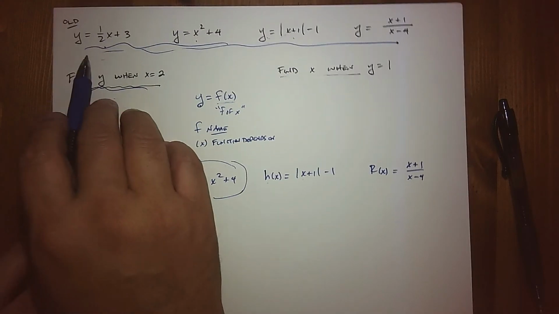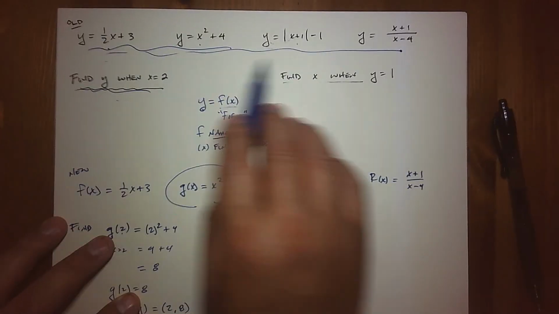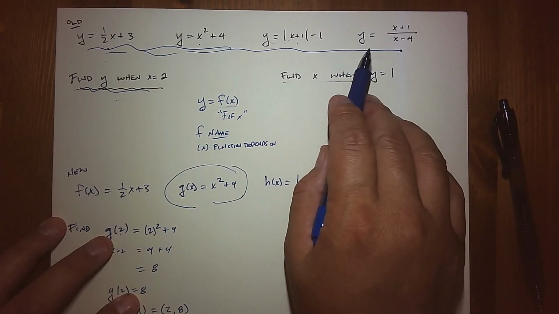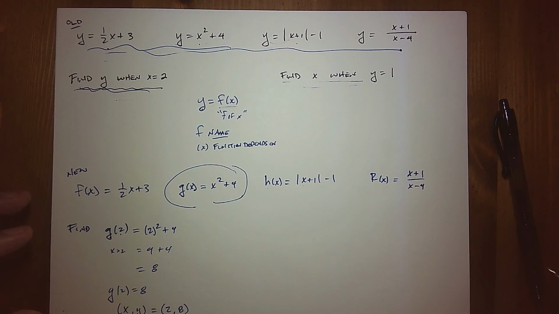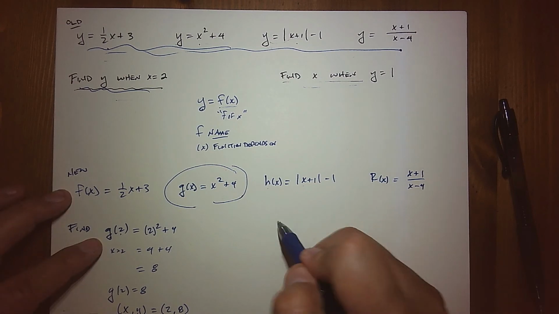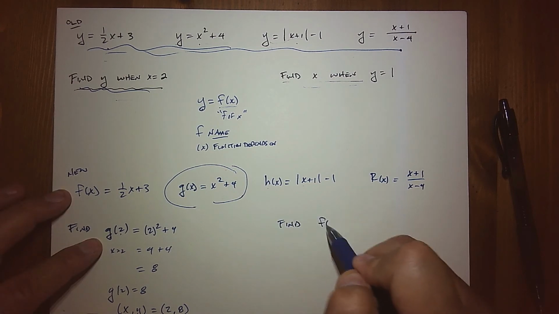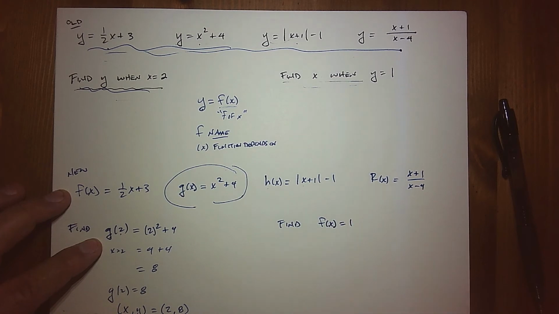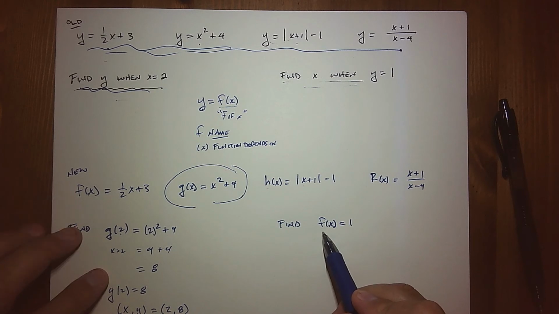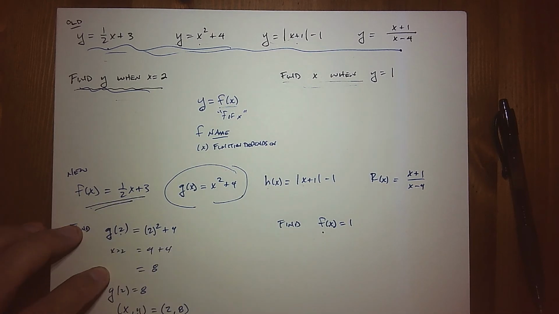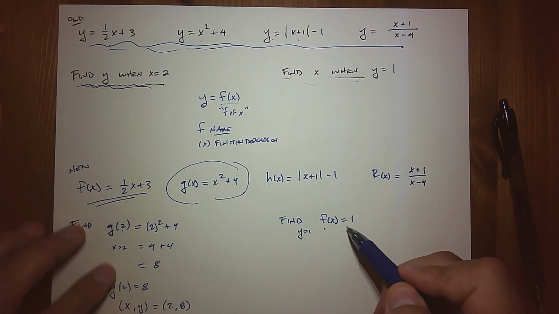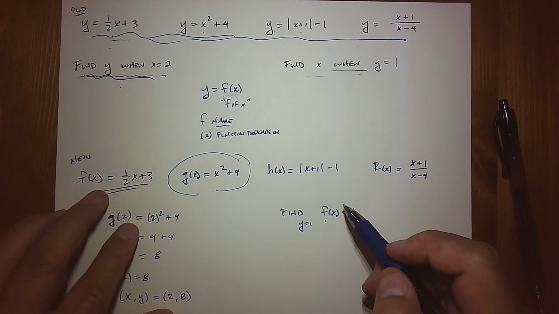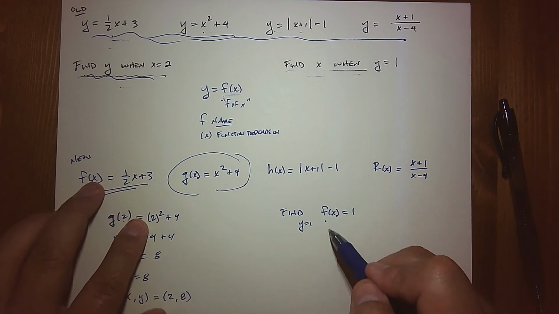So I don't have to waste time finding the value of y when x equals 2 for the other 3. I'll just do what I want. Same thing here. Rather than saying find x when y is 1, I'll basically say find f of x equals 1. And now what that does, it tells us which function we are working with. We're working with that function right there. And again, I'm basically telling you in a functional way that y is equal to 1. So I'll come to this function, I'll replace that with 1,